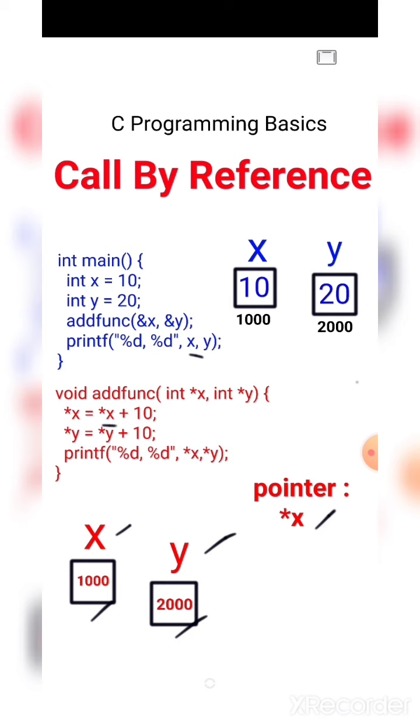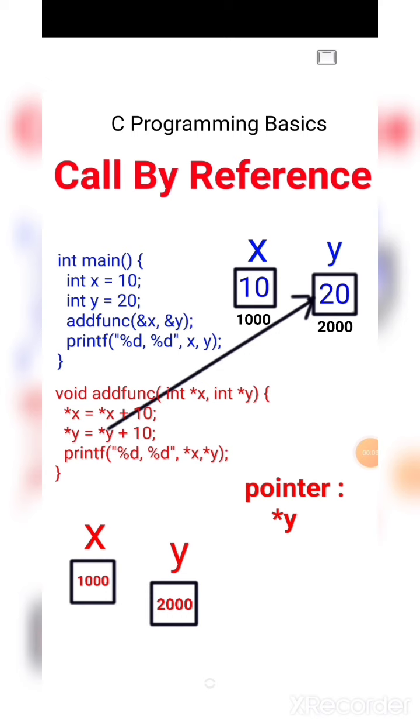Here, the content of variable x is 1000. But when we write *x, that means we are accessing the value present at this address. Here in this statement, we are accessing the value present at this address, so that means we are referring to 10.